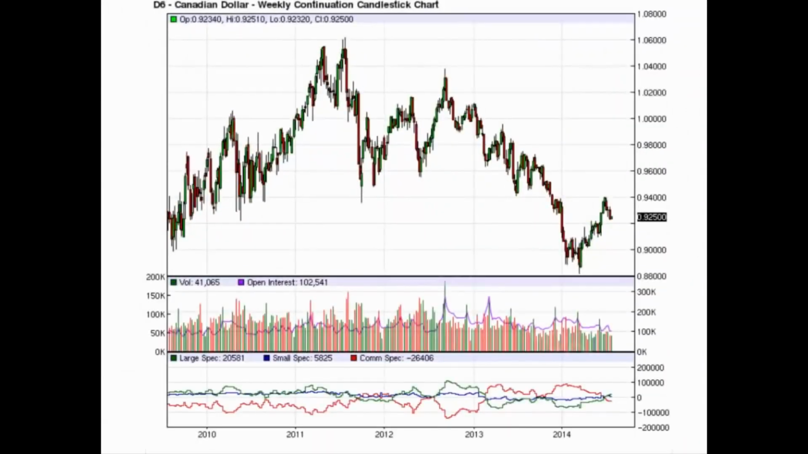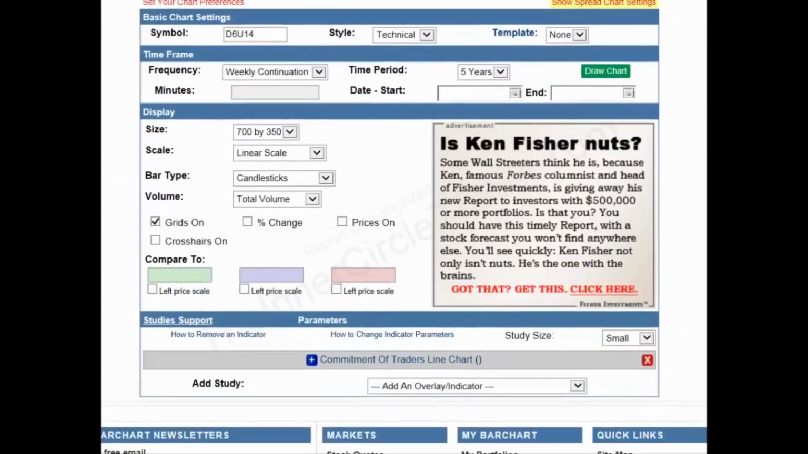Okay, folks, we're looking at the Canadian dollar as a weekly chart, and I want to show you what it looks like in an example that just recently happened. We have the red line here. This is the commercials, and the way you get this chart, this is barchart.com, by the way, you go down to the bottom of the page once you load a chart up,